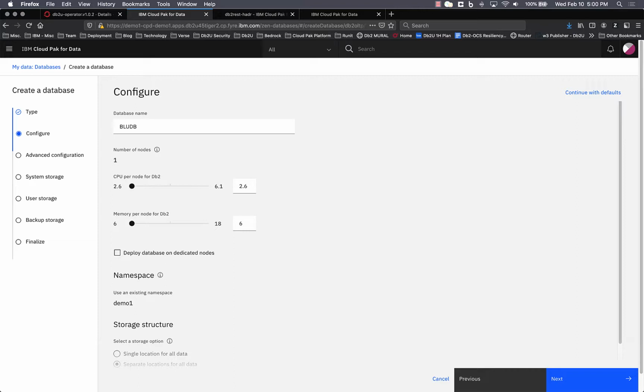Deploying Db2 in Cloud Pak for Data is a 4-step process. Step 1, we've added Db2 into the Cloud Pak for Data catalog. Step 2, we need to prepare the cluster for successful deployment as a service. It means that we need to prepare the ground for how much capacity we will reserve for Db2 in that